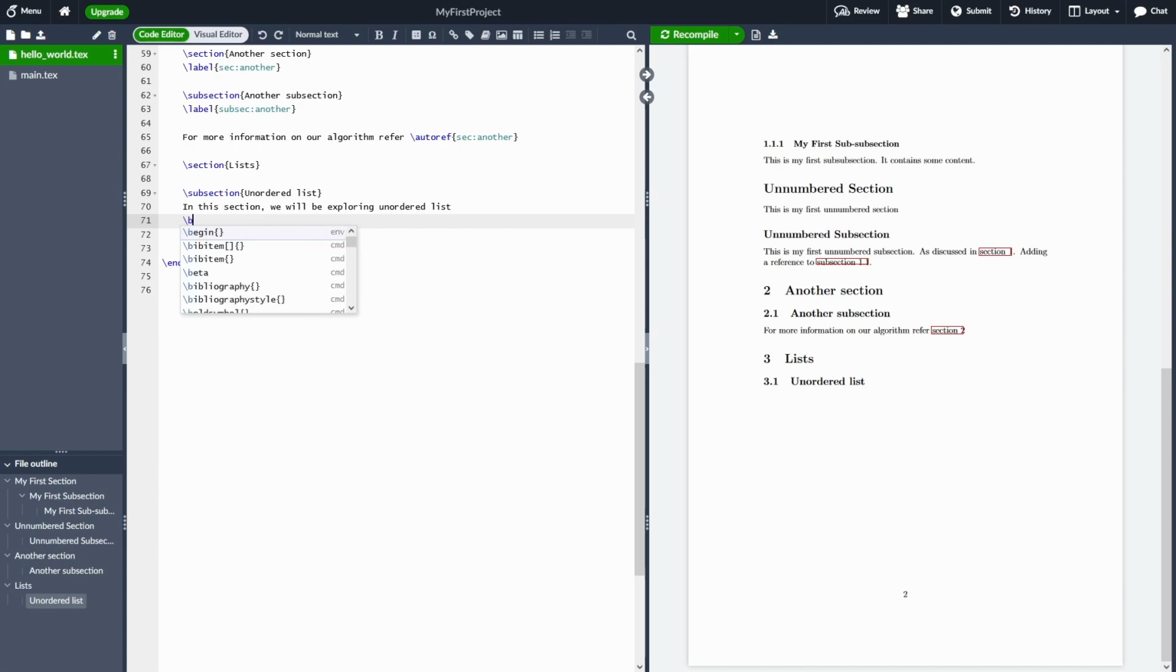So let's type it: \begin, open parenthesis. Inside this, we need to define the list environment, and in LaTeX, it is called itemize. Once we have the begin command, we need to have an end command as well, \end{itemize}. If I just compile now,